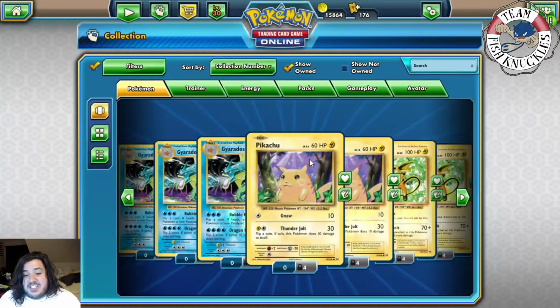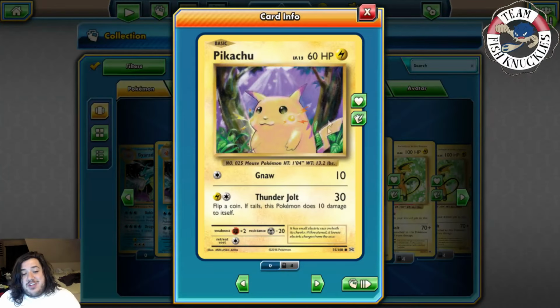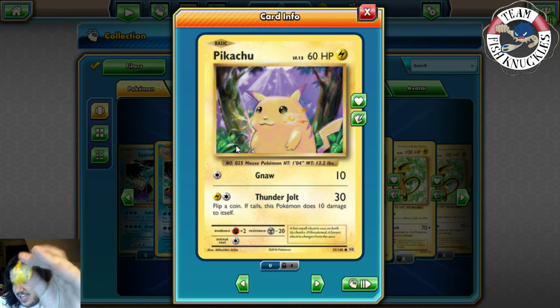But here comes, guys. Oh, man. My favorite, Pikachu. Like, I love Pikachu. I'm trying to see if I have Pikachu on me right now. Do I have Pikachu on me? Okay, let's look at this Pikachu right here. See this Pikachu right here? He is actually...